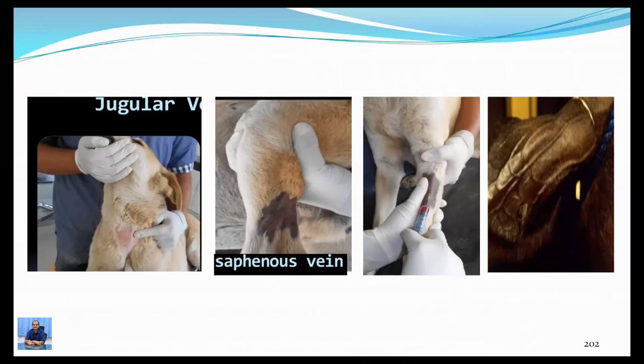Yes, of course, it's time-consuming, and that's one of the disadvantages also. It consumes a lot of time, whereas in case of intramuscular injection, the time consumption is less, no? Yes, sir. Thank you, sir.